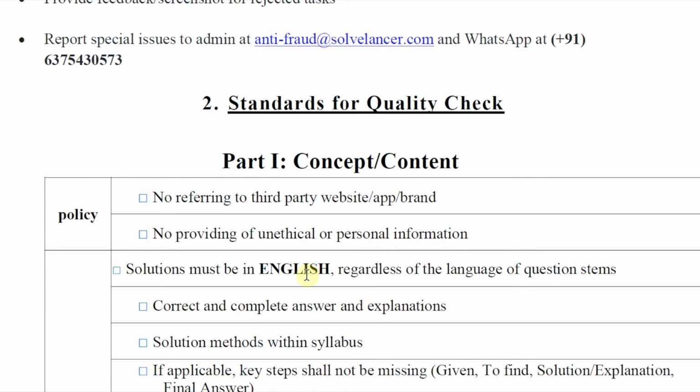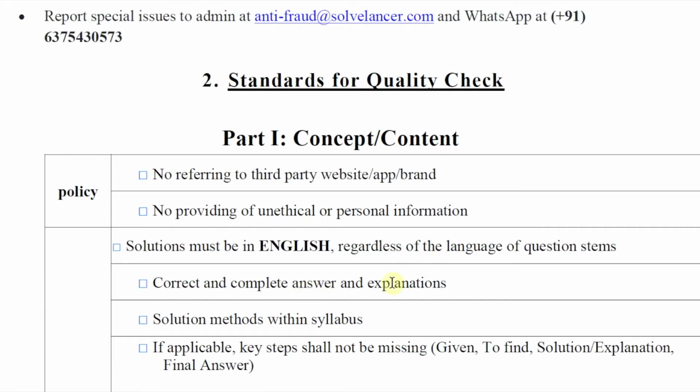Solution must be in English regardless of the language of the question stem. So even if the question is in English or in another language, like Hindi, the answer must be in English. This is a very important point which we have to follow.